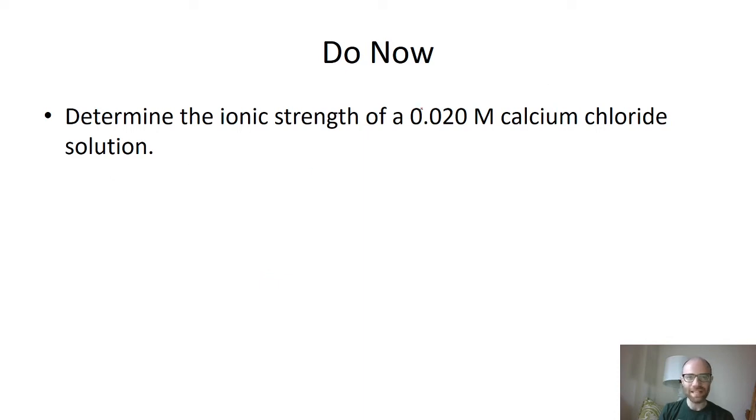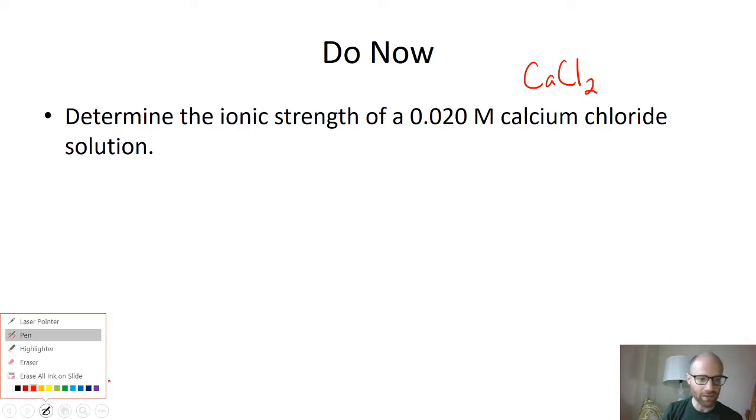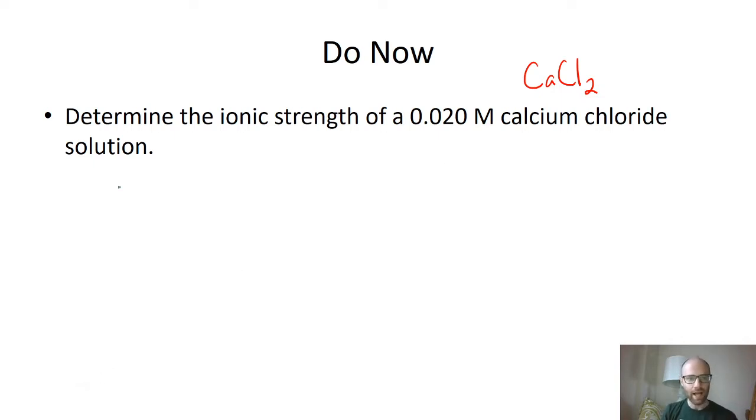So in determining the ionic strength of a 0.02 molar calcium chloride solution, first we need a chemical formula. That should be pretty easy to get, CaCl2. And then don't forget that the ionic strength equation is 1/2 times the sum of the charges times the concentrations for each ion present. So that would be 1/2 times